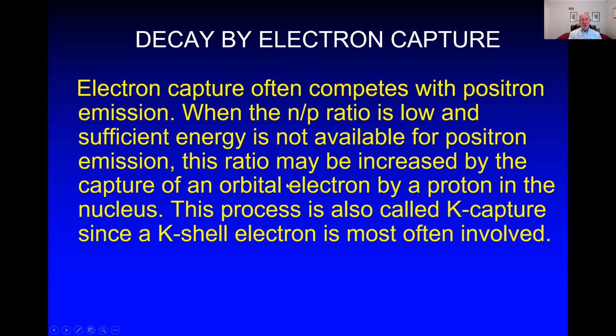Think about this. The proton in the nucleus reaches up, pulls an electron out of its orbital down into the nucleus and captures it. And then a proton combines with that electron and forms a neutron. So that raised the NP ratio. You got rid of a proton, you formed a neutron,